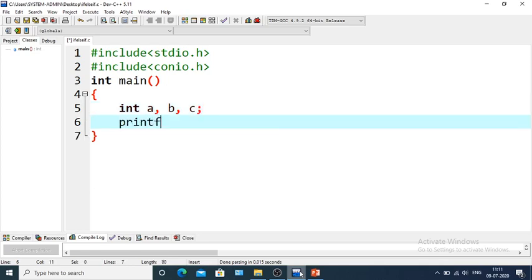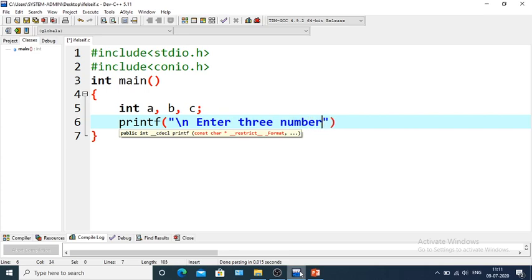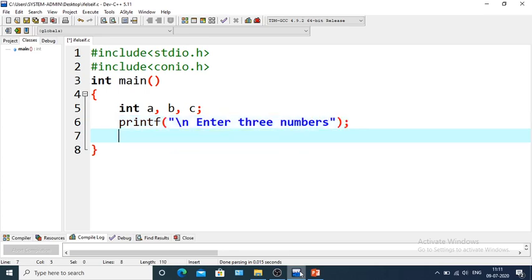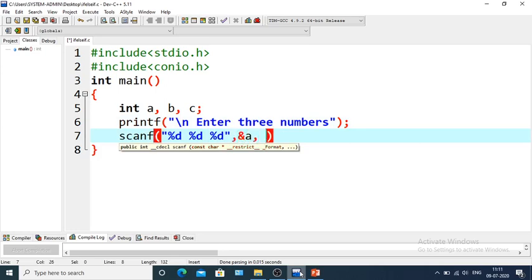In the printf we will print: enter three numbers. Okay, so now the scanf part: %d %d %d, comma &a, comma &b, comma &c. Okay. So these are the three numbers.